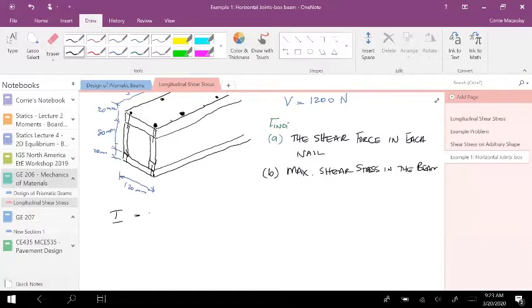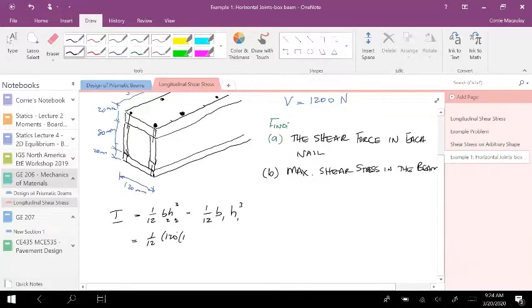Is it 1/12 base height cubed minus the smaller portion inside? Exactly. So it would be 1/12 BH cubed. Let's call the outer one 2, and then we call the inner portion 1. So B1 H1 cubed. We just subtract the moment of inertia of that inner portion. Therefore, we're going to have 1/12 times 120 times 120,